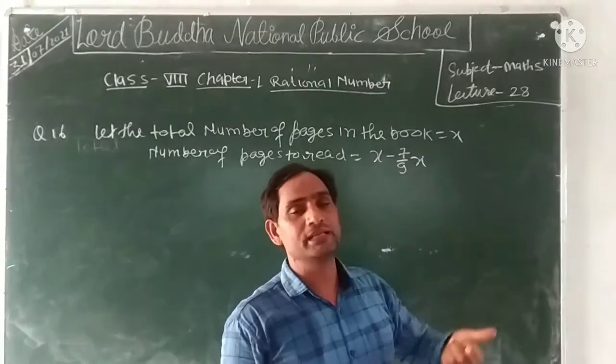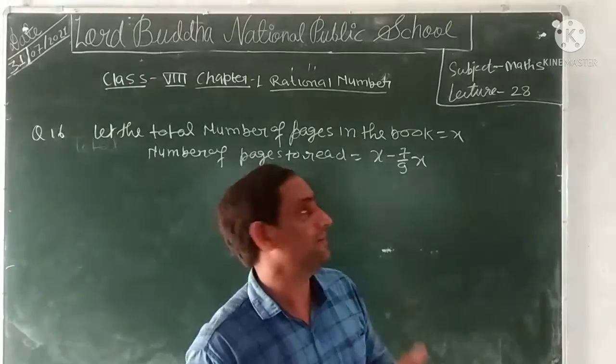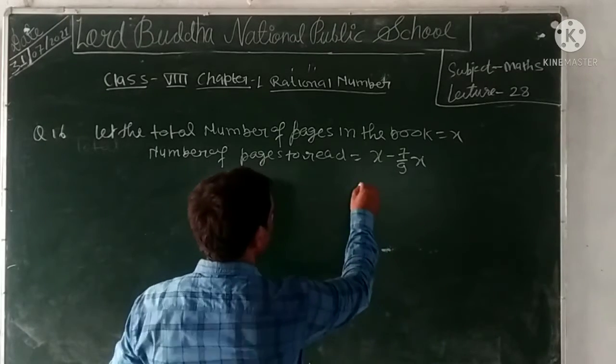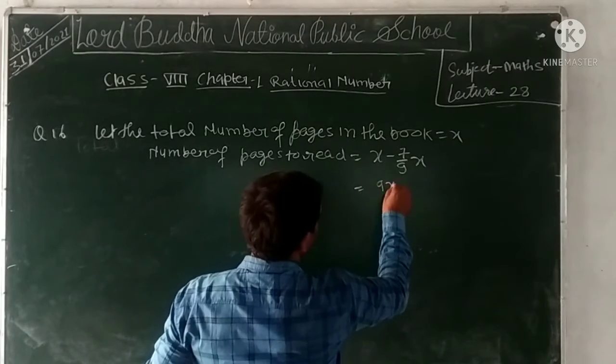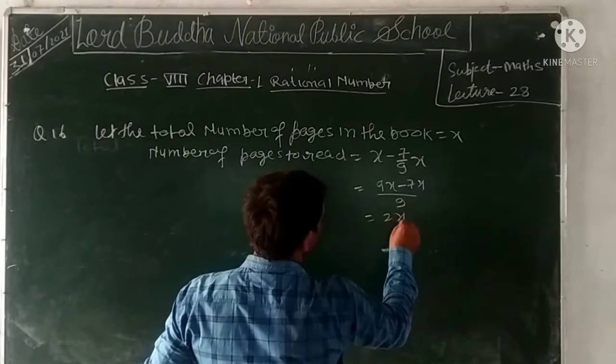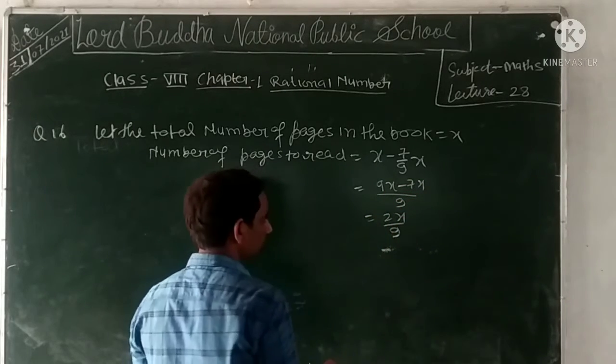The number of pages left to be read is x minus 7/9x, which means 9x minus 7x upon 9, that is 2x/9. Okay,